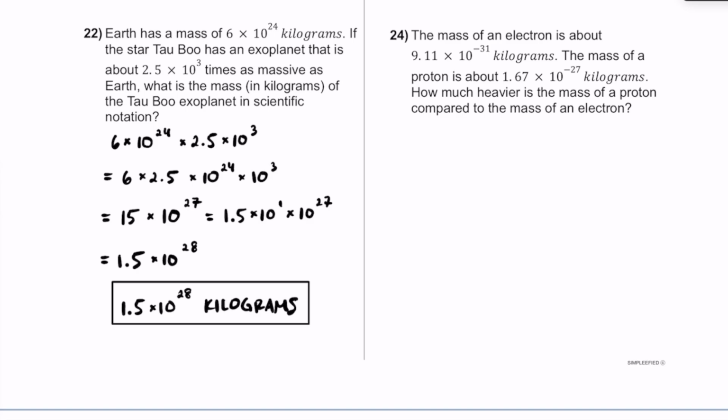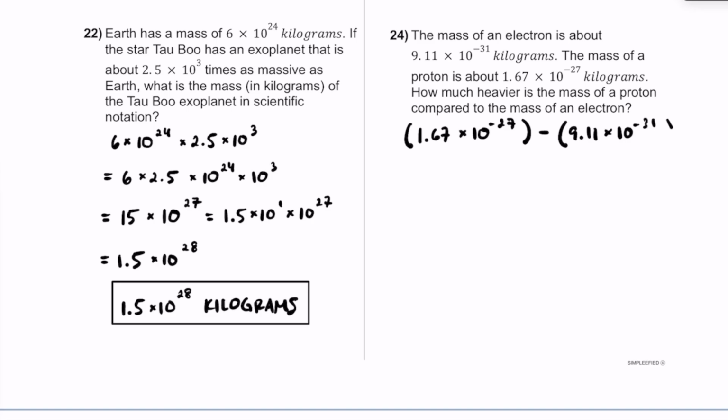If you're trying to see which one's heavier, well, the proton here is definitely heavier than the electron here, because you can see it has a greater exponent. Remember, negative 27 is greater than negative 31. So we're going to take this larger weight of 1.67 times 10 to the negative 27th power, and let's go ahead and subtract this other weight of 9.11 times 10 to the negative 31st